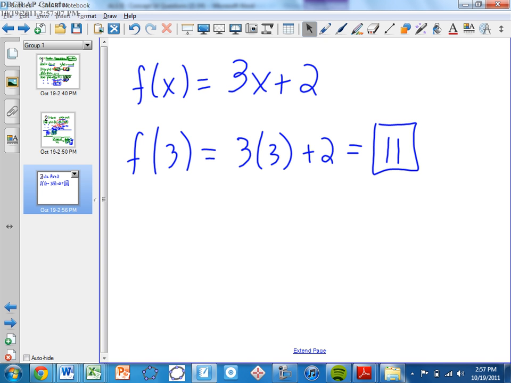Again, what did I do? I took this value and I plugged it in right here. Just like yesterday when we evaluated functions. Now, it is no different what we're about to do than what we just did. But this 3 is no longer going to be a 3. Now it's going to be a variable, or it's going to be another function inside of it. So instead of a number that's going to be plugged in, we're going to plug in another variable, like maybe a squared plus b, or another function like g of x we're going to plug into here. It's going to be the equation. So in the end, we're going to end up with another function or another equation. We're not going to get a number answer this time. It's going to be like a function, like